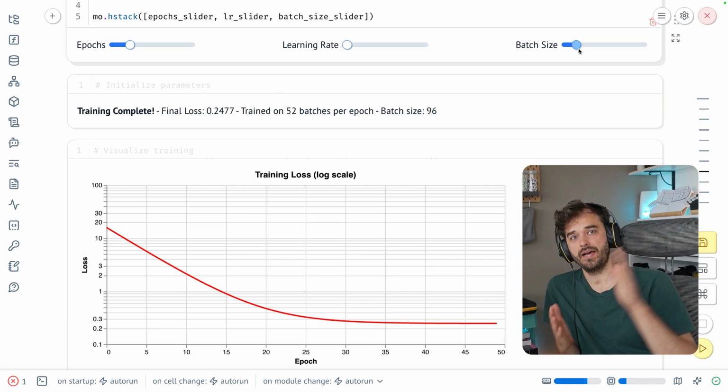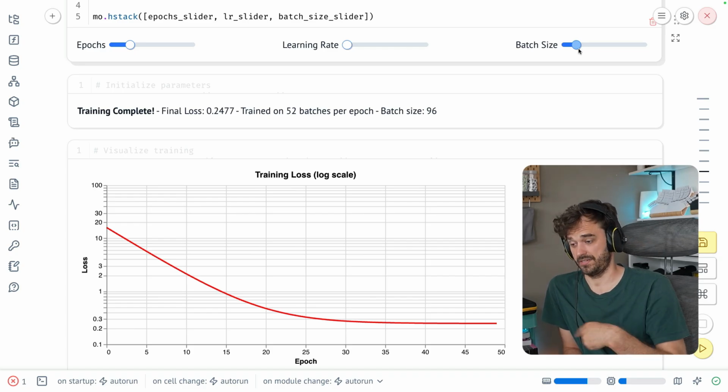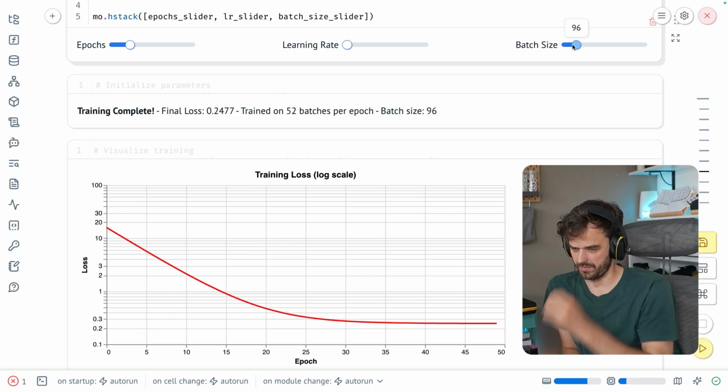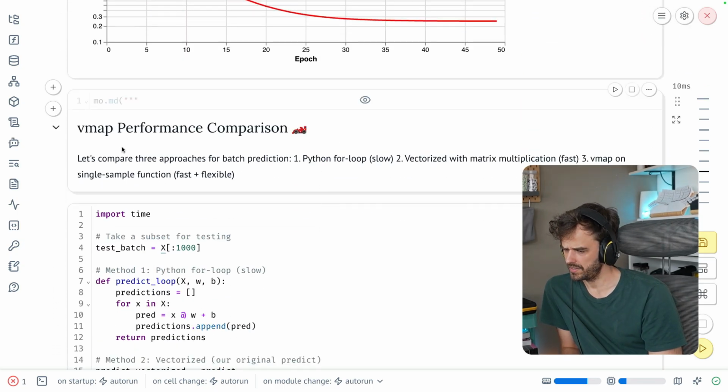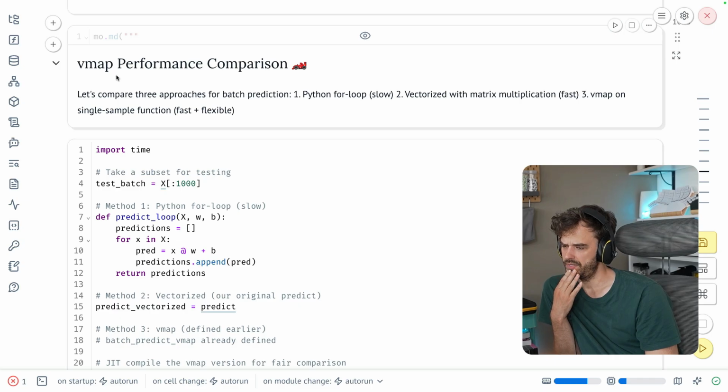So setting a very small batch size means that in the end, you are going to make lots of small steps, and setting it higher means fewer steps. So that's the phenomenon that we see here. Okay, so that's kind of cool, but now we get to the fun bit below where there's now also a